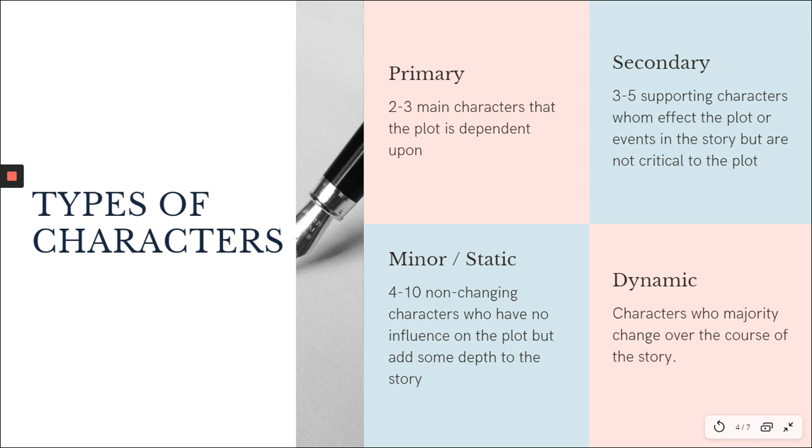Last up, there are minor characters. And these are characters that are non-changing characters, and they don't influence the plot in any way, but they're still important because they add this depth of reality to the novel. I mean, we all encounter people we don't know, we even have acquaintances. And so I think of minor characters as strangers/acquaintances because these aren't people we know very well. They're not people we interact with. They're not people we bring into our inner circle, but we still encounter them and we have contact with them,